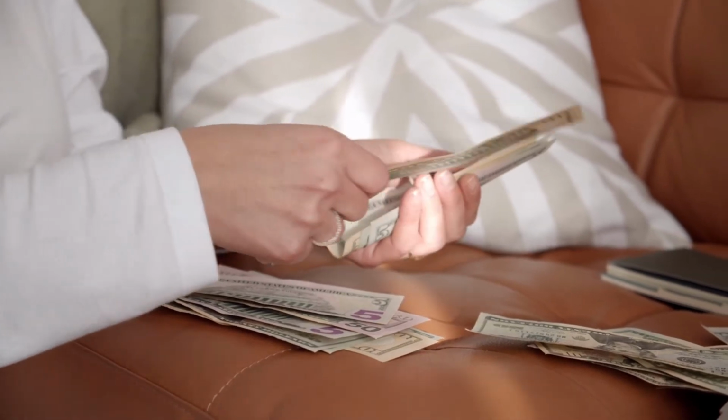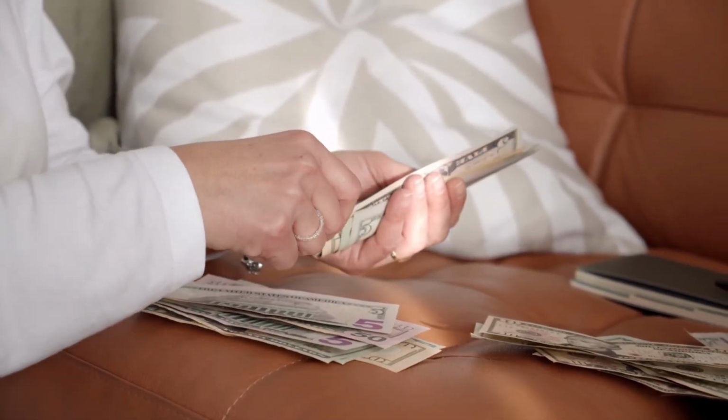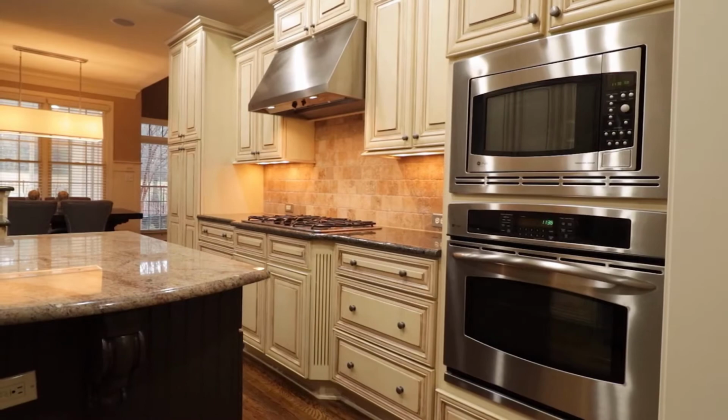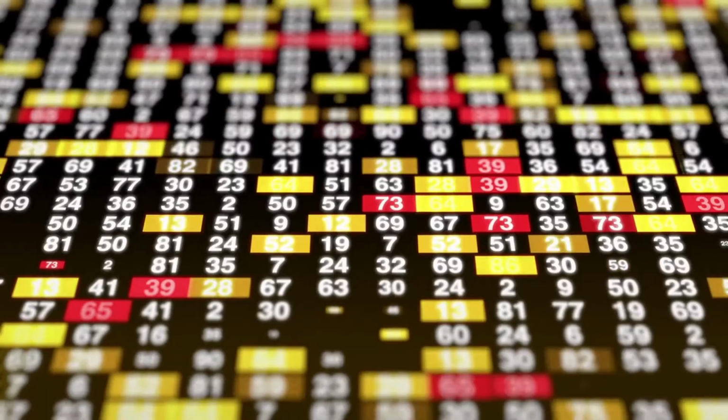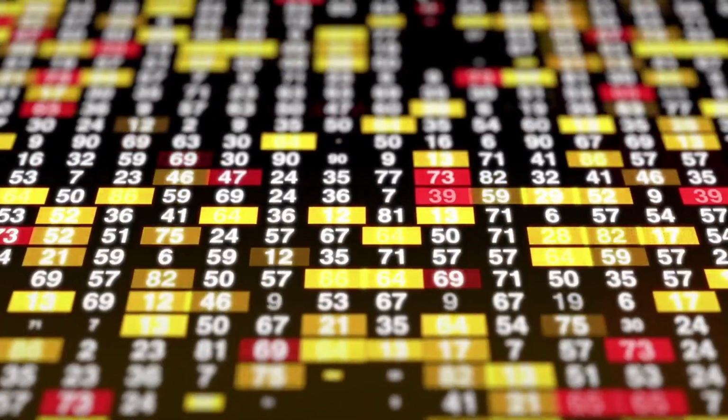So let's talk about some assets in general, some little general things before we get into the details. What do you think of when you hear assets? What I understand is that an asset is something that can generate cash flow, like real estate, like gold. What else? Stocks, and such. Exactly.